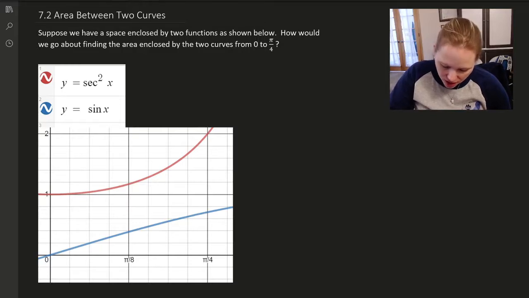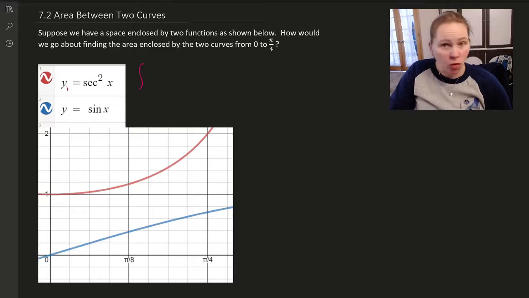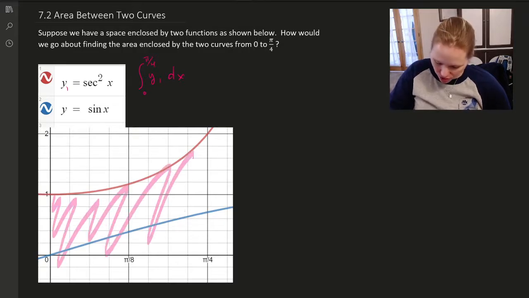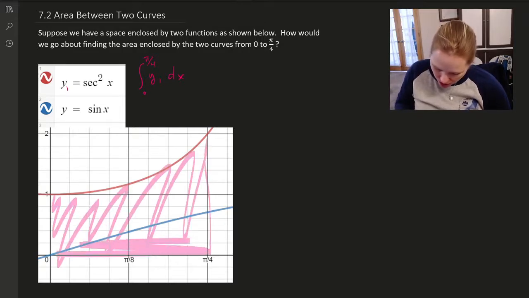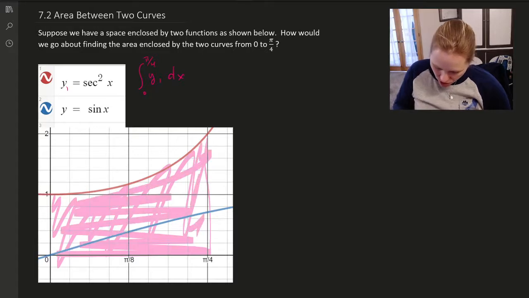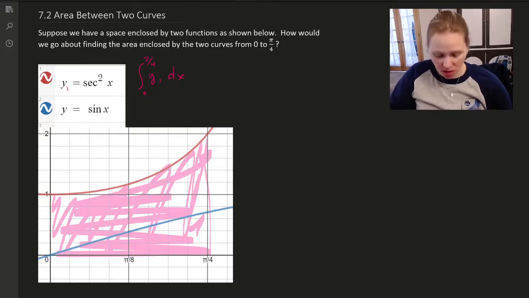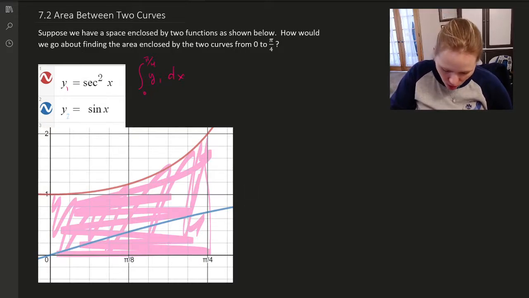when I try to integrate this red curve, we're going to call this one y1. The integral of y1 from 0 to pi over 4 is going to give us the area trapped under the curve, between the curve and the x-axis. So that's going to be this space right here. Now, if I integrate the second curve, we'll call this guy y2,